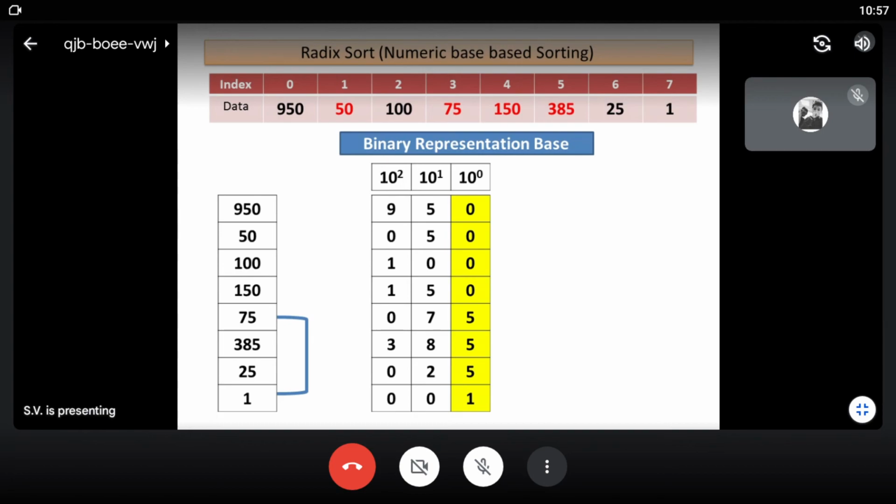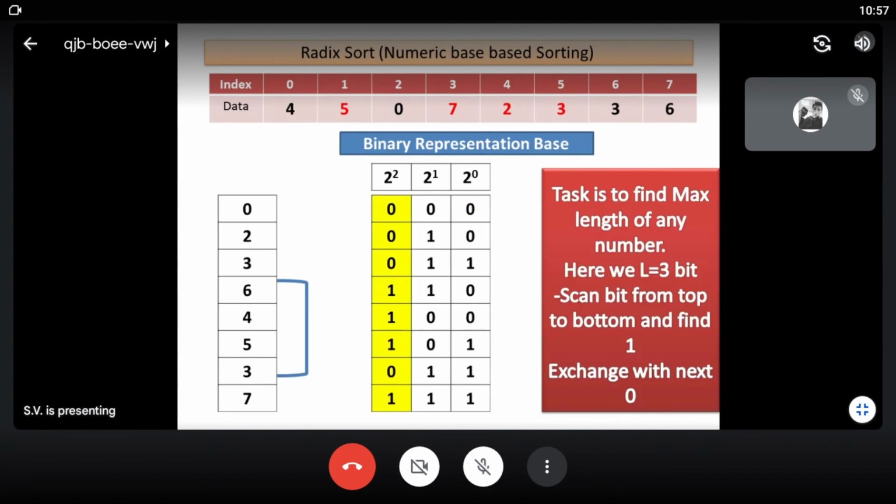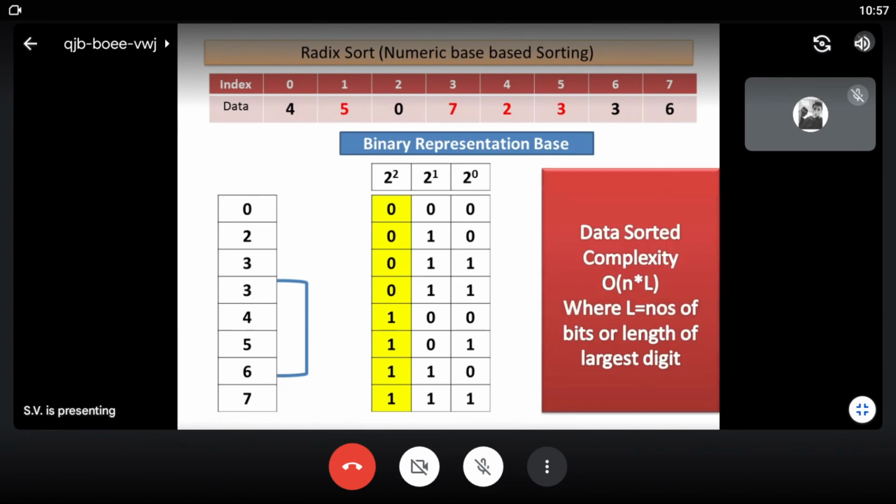Okay, so based on that, the base is being selected, based on the data type. If the data type is integer, therefore we take the base as 10. If the data type is binary numbers, then we take the base as 2. So in the previous example, here there are all binary numbers. We have converted the integer numbers into binaries. So sometimes in binary representation, we have to take the base as 2. Yes, understood everyone?